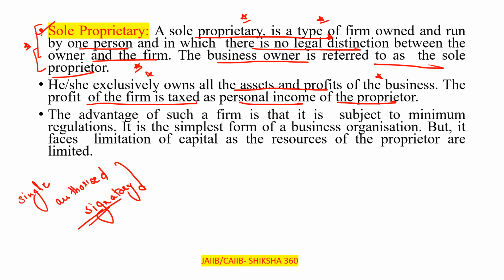Now move to the next one. The advantage of such a firm is that it is subject to minimum regulations. It is the simplest form of a business organization, but it faces the limitation of capital, as the sources of the proprietor are limited, since the capital comes from only one person. Next one,